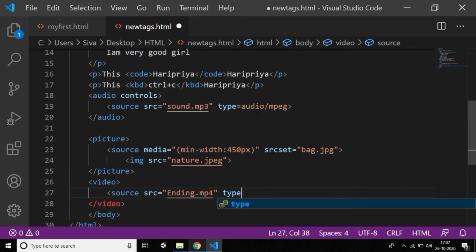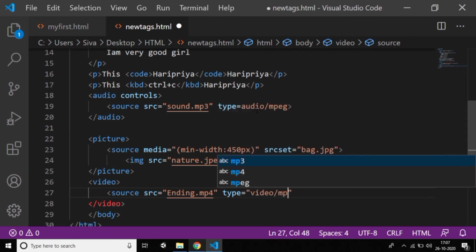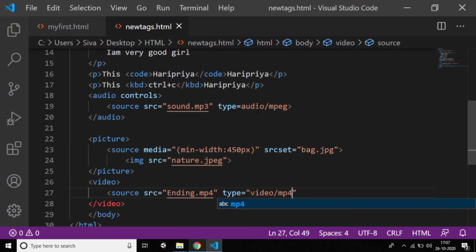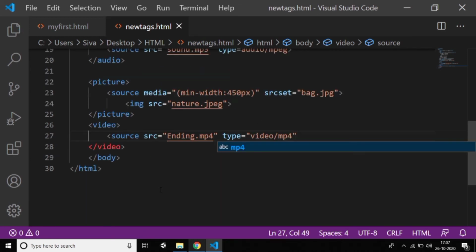In audio we gave the type; here we need to specify that we are giving video. You can give it in quotations or without quotations, and specify mp4. Then just press Ctrl+S and reload.